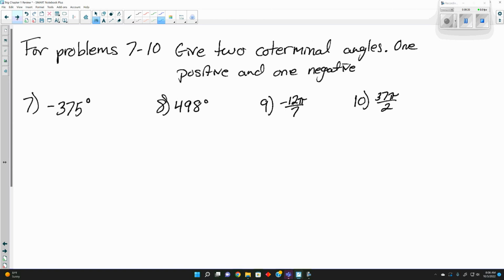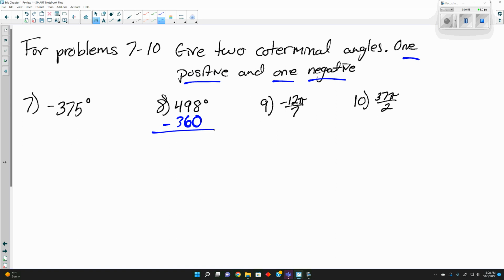7 through 10. We can look at 2 of these here. So we'll look at 8. For these here, there's a few, I think I ended up taking off half a point, because in the homework they did the same thing, because we want 2 coterminal angles, 1 positive, 1 negative. We want 1 and 1. And I think some of y'all did give me 2 coterminal angles, but for some of them there was just both positive angles. Because if we look at 498, well,